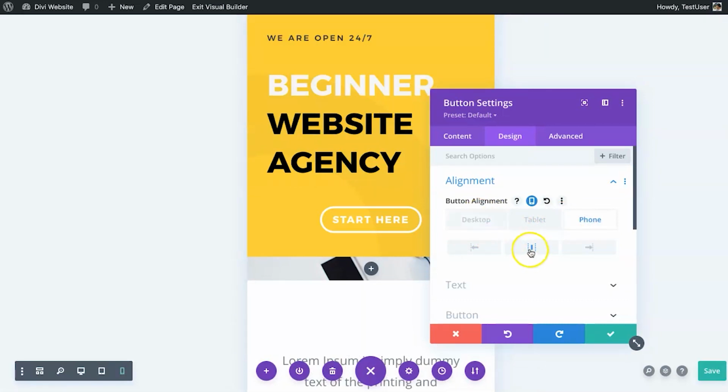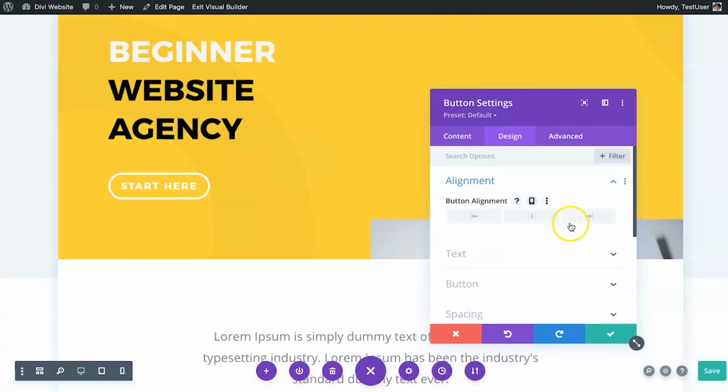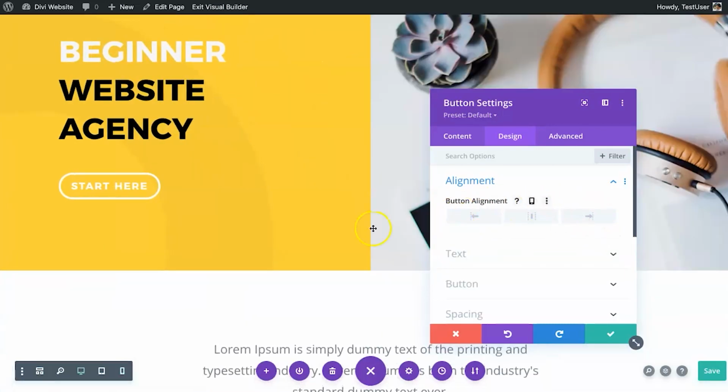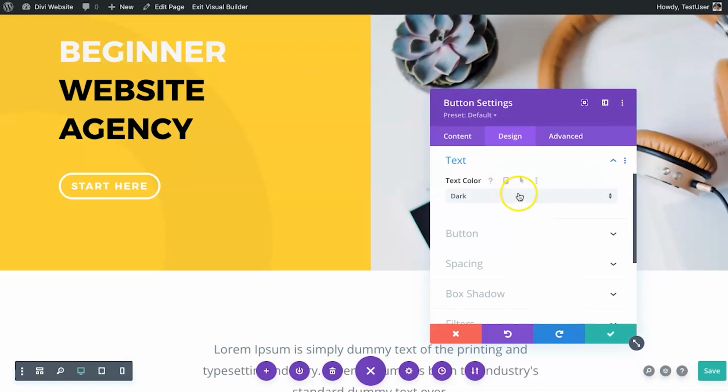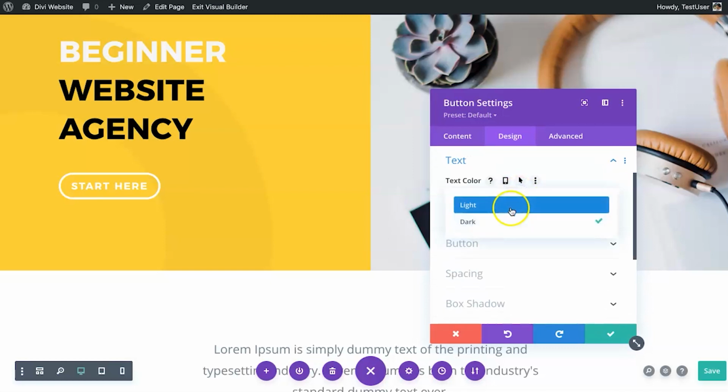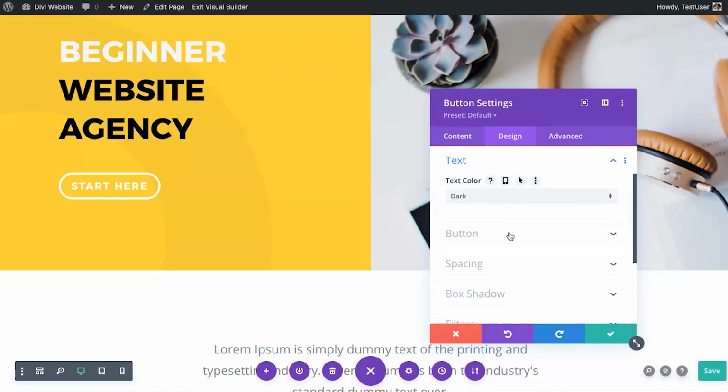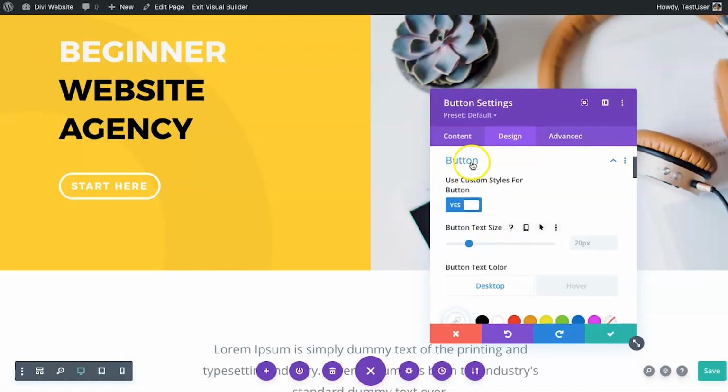So that's one cool little thing about it. If you don't want to have that feature, you can just press reset, or you can just click off it and it's going to make it a global setting. So that's just a little something you can play with if you feel up to it, and just know that it's there. Next of all, we have text. This doesn't really matter too much. It's just if it's a basic light or dark theme, you can change it here, but generally it doesn't do too much. But what you want to do if you want to edit a button is come to button, and